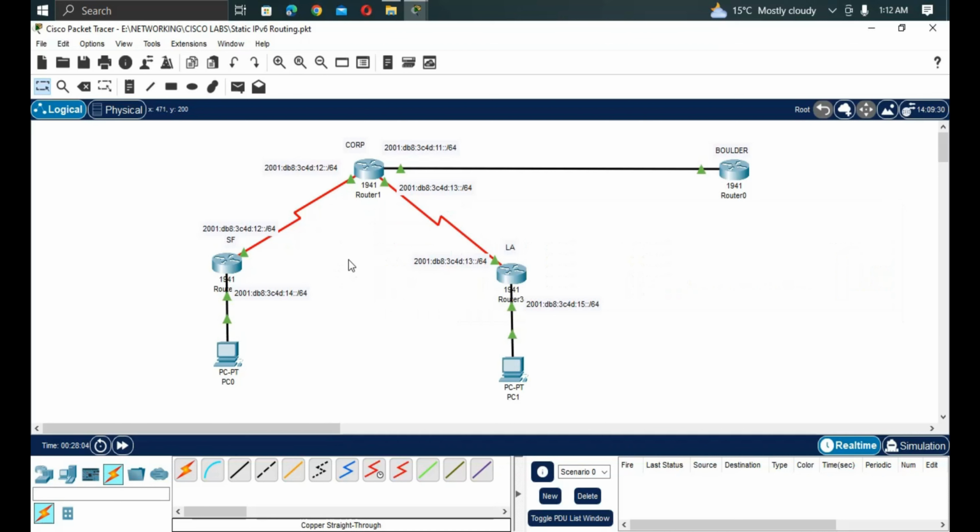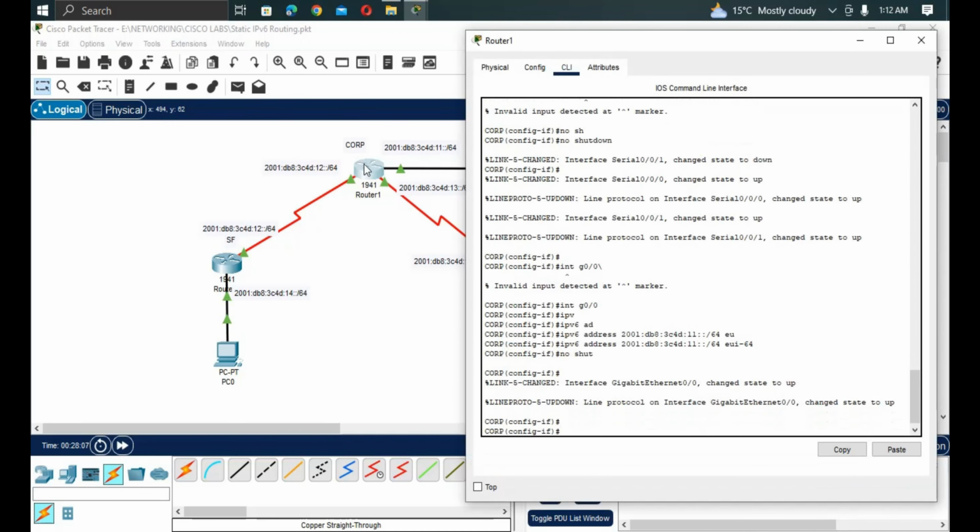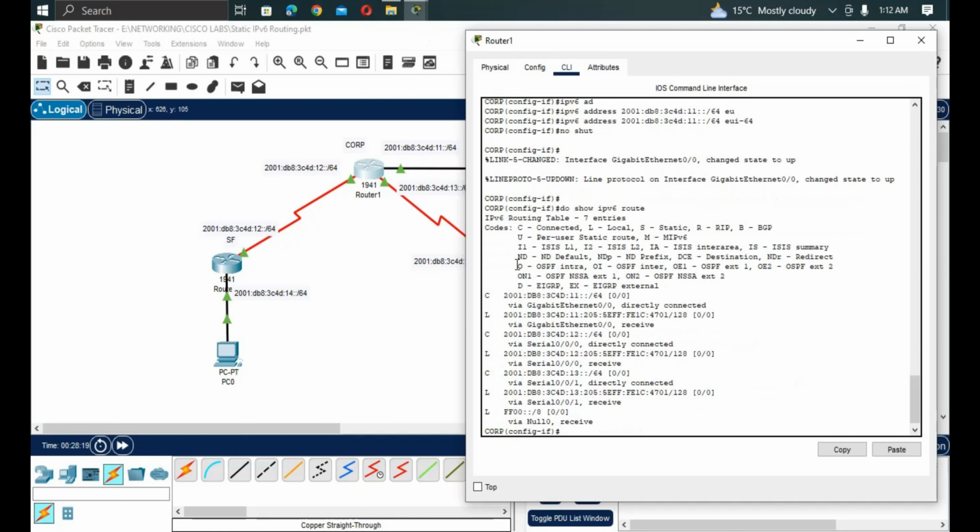Now we are going to check our IPv6. So do show IPv6 route. When you type do show IPv6 route, you will see here the addresses that were configured on the router. That address was configured on gigabit 0/0 and it is directly connected. Then L here shows that this is a link-local